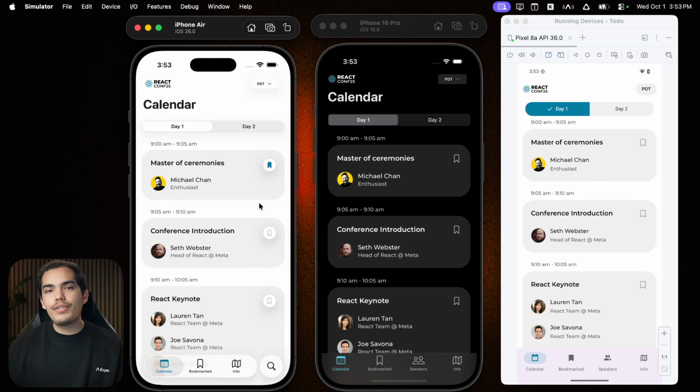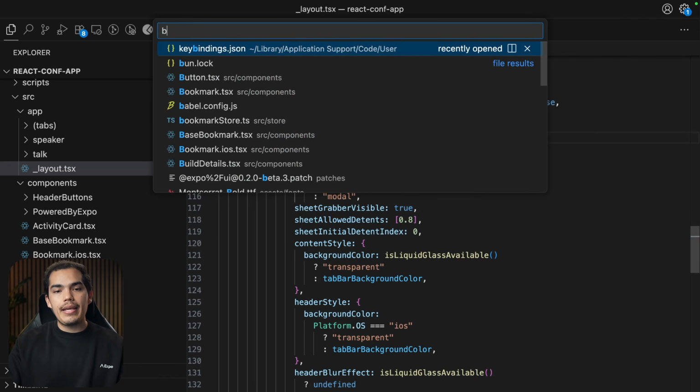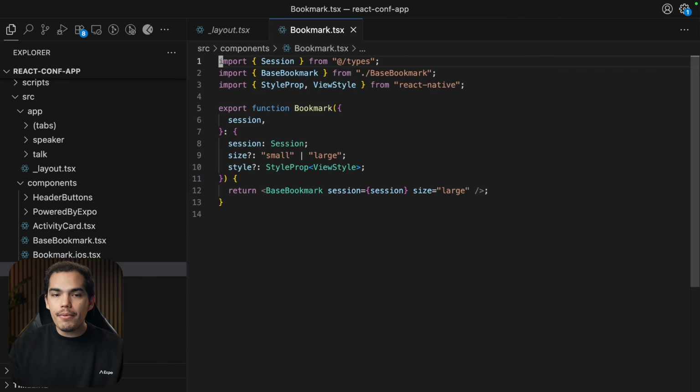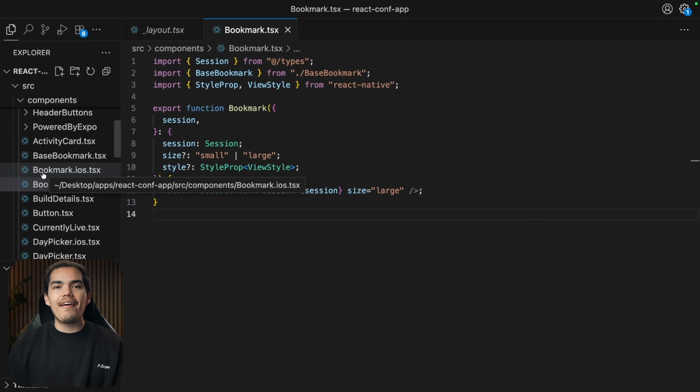So let's say that you want to use the prominent glass effect on iOS. Let me show you how you can do that without breaking any other platform. Let's go back to the code. I'm going to show you the bookmark component, for example. So this is the bookmark component. As you can see, it looks pretty simple, just a simple component. But on the left, if you pay attention, we have a